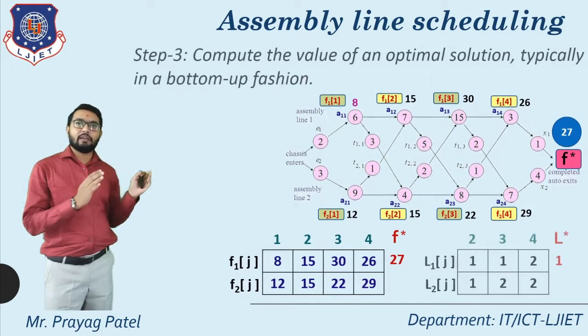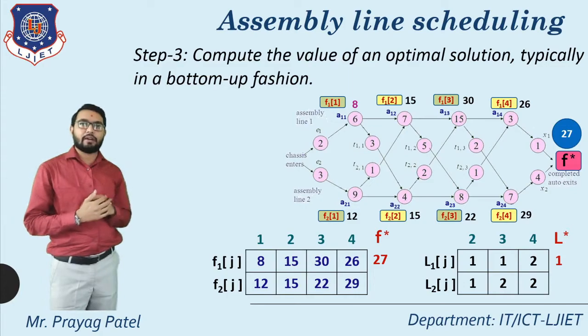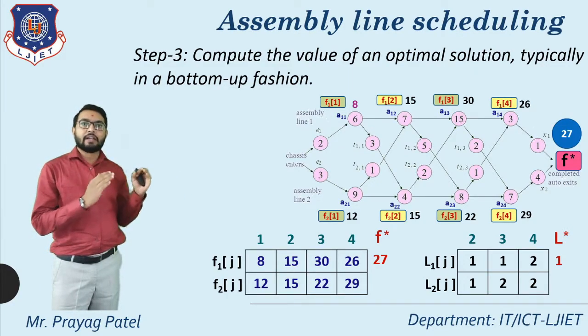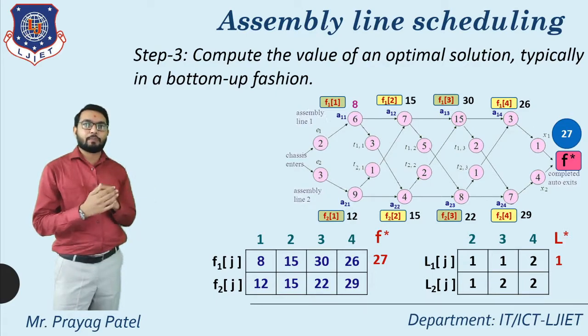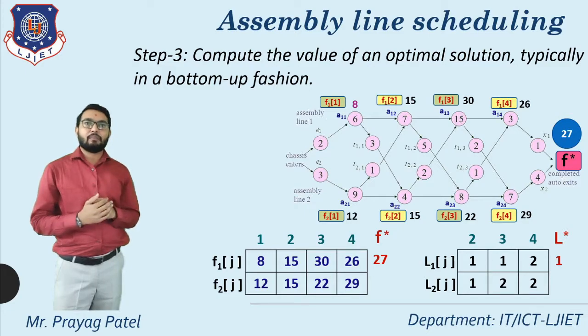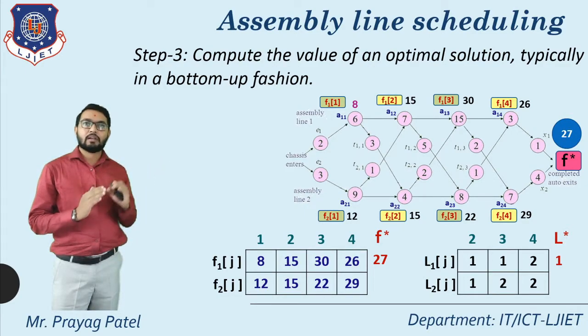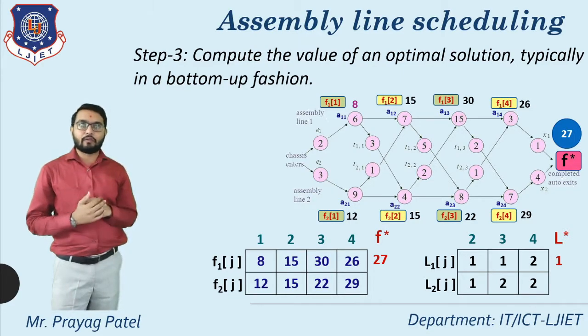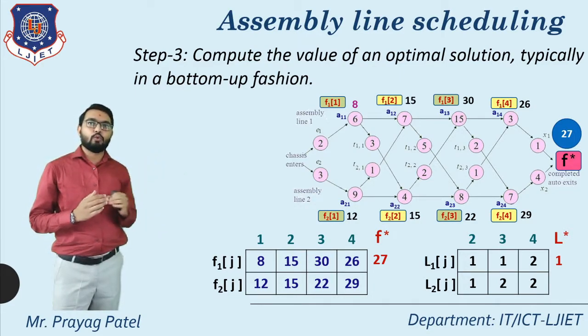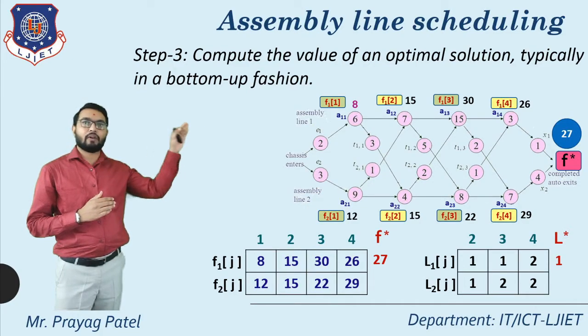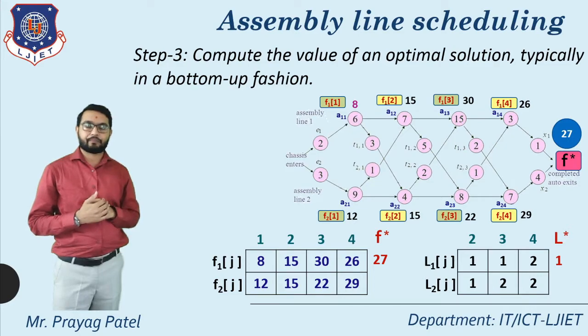So here consider this table as the F table. Now another table we already found in our previous video lecture is table L. And what is the value of table L? Table L defines the value of the line. Means here in the L table, value equal to 1 means the answer is obtained from line number 1. If the value equal to 2 means the answer is obtained from line number 2. Here consider line number 1 and line number 2 in this example.